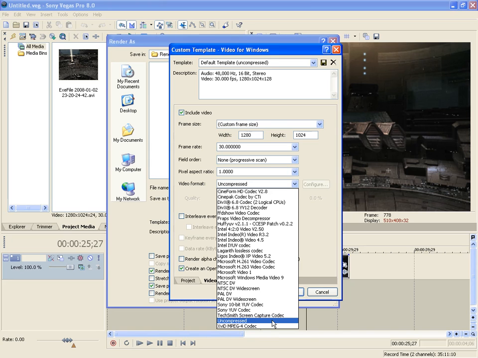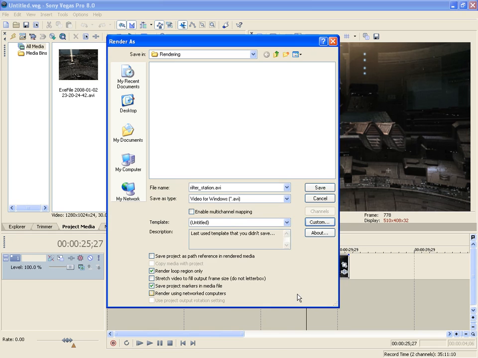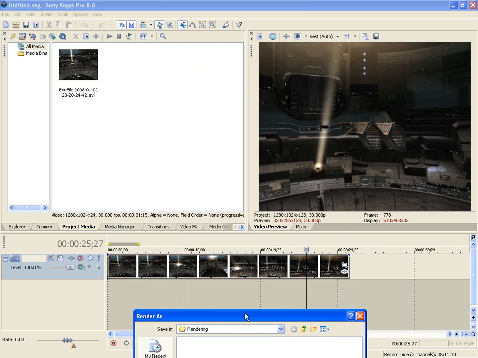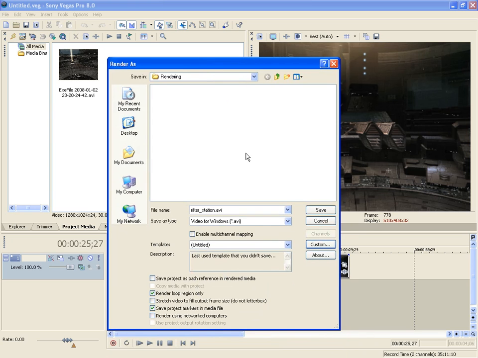just select uncompressed, and it will just squirt out the other side a brand new clean file for you. So just click OK, and then click on Save, and it will then render that out for you. And we've got the same options down here as well for render region only. So once again, if you want to do a test render of 10 seconds to see whether it will render to your satisfaction, and you'll have the file with the quality and everything that you're looking for before you then bring it into another application to do either further work, or to actually do a different kind of rendering,